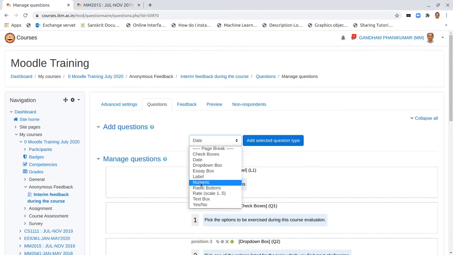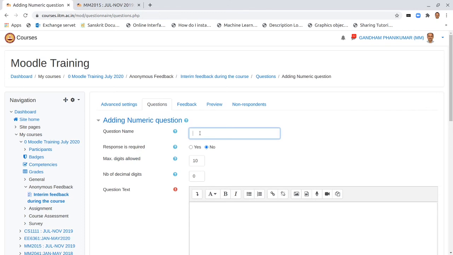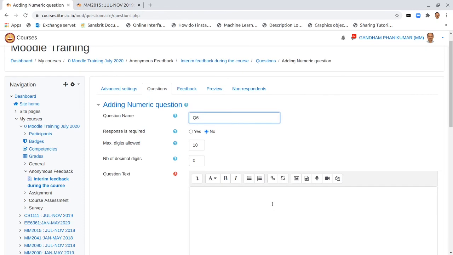Next item we want to choose is numeric. So a numeric type of question would be, for example, a number that we want to seek from them. Let us say what percentage of the end semester should be numerical. It's some feedback that we want to use while preparing the end semester examination paper.